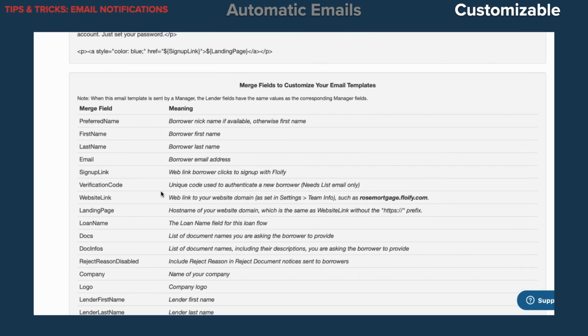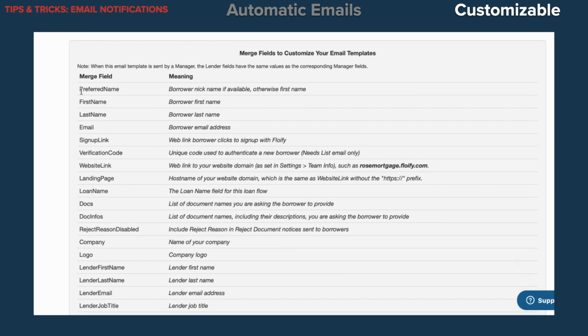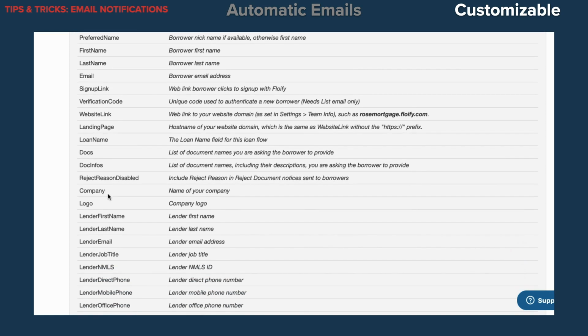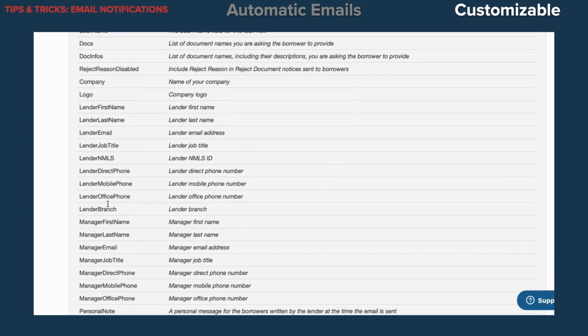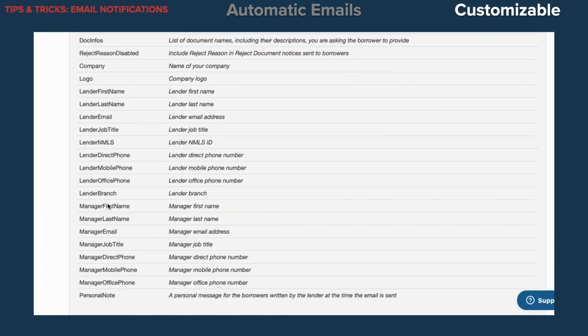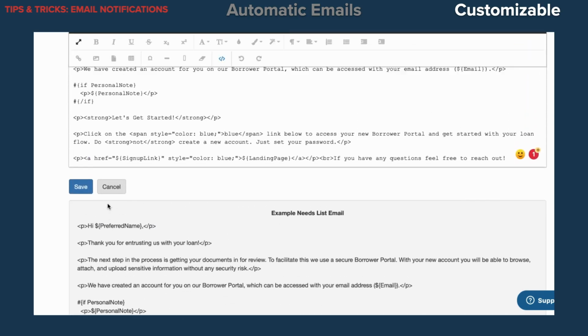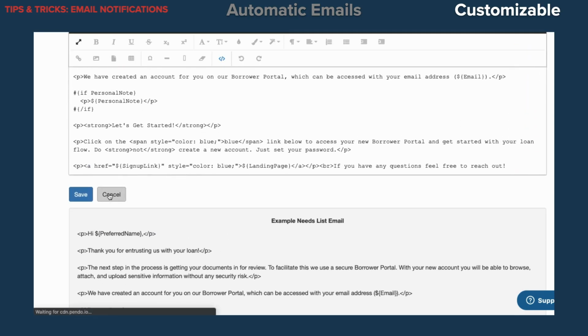You can just simply copy and paste that up top. And we have merge fields here, which are available to you as well. The preferred name is used by default, but if you'd rather use the first name, you can. But you can plug these into your emails. That way it reflects the borrower's names, for instance, as you're sending them to different borrowers. The information will still look customized as it'll read their names and so forth.